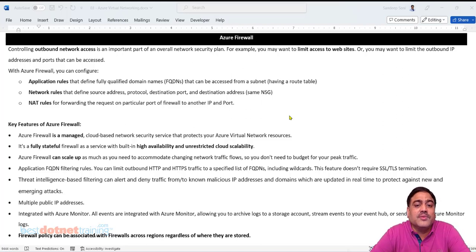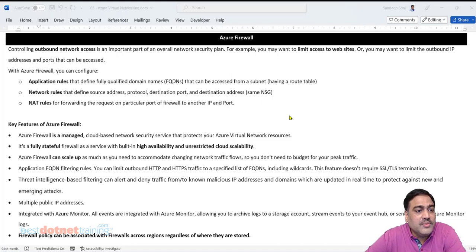Or the other way around, the firewall should allow only certain selected websites which are valid for the corporate and ban all other websites. If this is the requirement, we have to meet it using Azure Firewall. We can't do this using NSG rules. NSG rules work only on the basis of IP address, port number and protocol, but not on the basis of domain names.